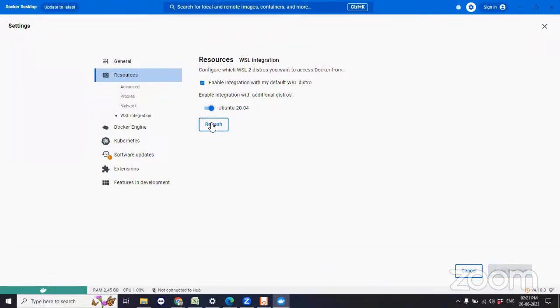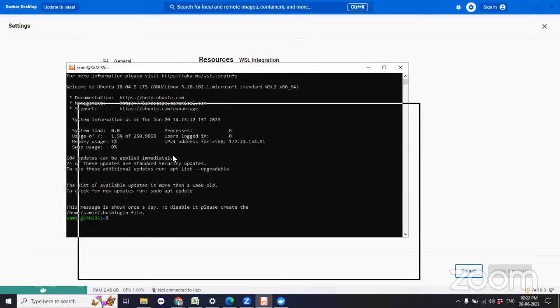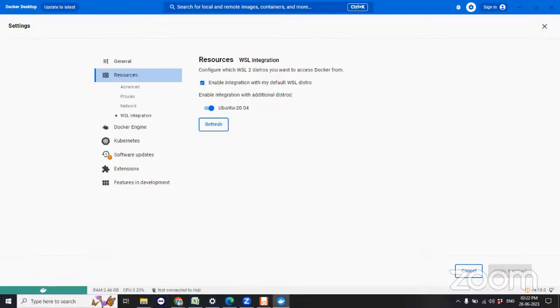You have to enable it like this, then apply and restart. So you have gone through two things. First, you installed WSL. Second, the Docker Desktop, and you have enabled the integration. After that,